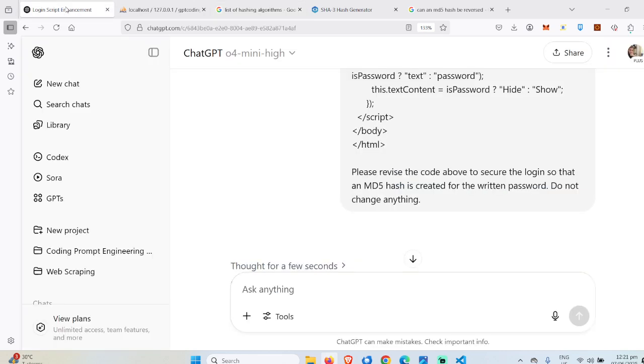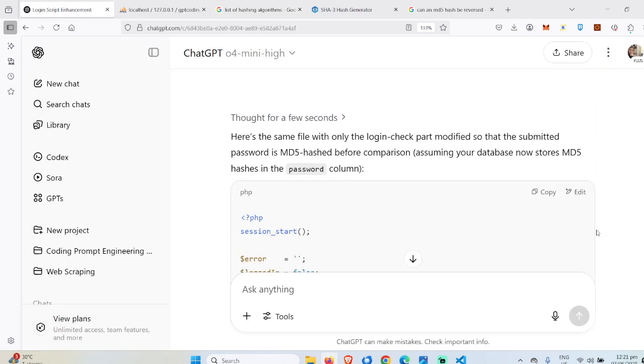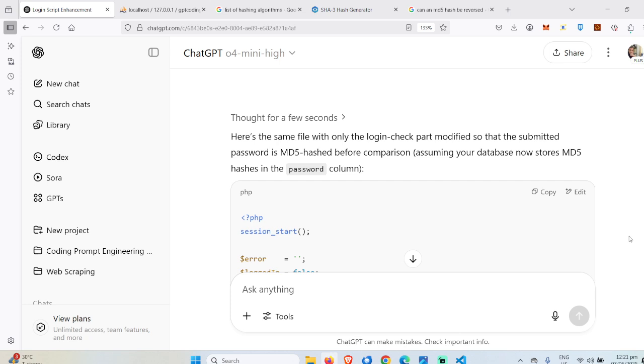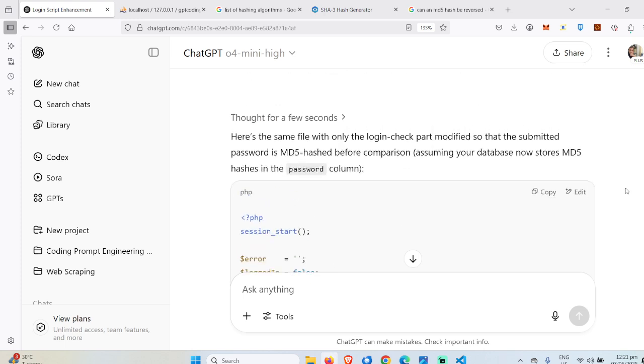Let's go back to ChatGPT. So it has thought for a few seconds and here's the same file with only the login comparison modified so that the submitted password is MD5 hashed before comparison, assuming your database now stores MD5 hashes in the password column. So of course, our password in the database is not yet hashed as MD5.